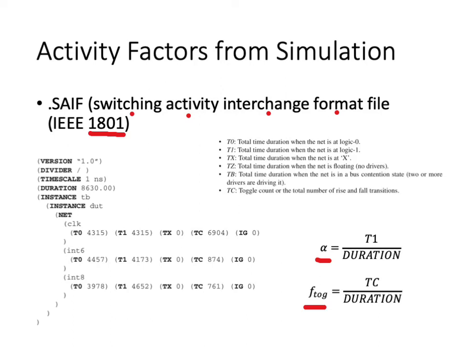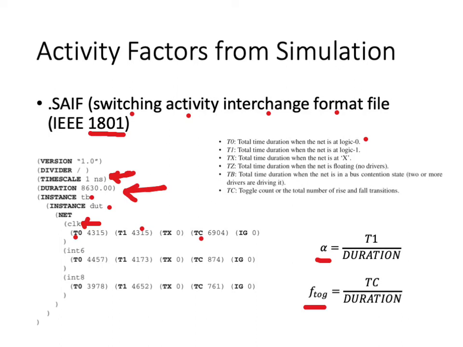parameter of instance is here. You see the module name and then the submodule name. The timescale, that is the clock ticks, is given here. In this case it is 1 nanosecond, and the total duration of the simulation is actually 8,630 nanoseconds here. And this is the name of individual nets or wires here being recorded. And here T0 refers to the total time duration when the net is at logic 0. T1, the time duration when the net is logic 1. And TC here refers to the total number of